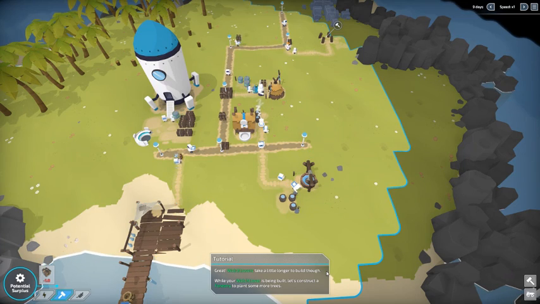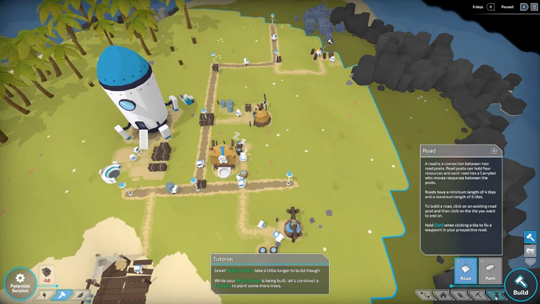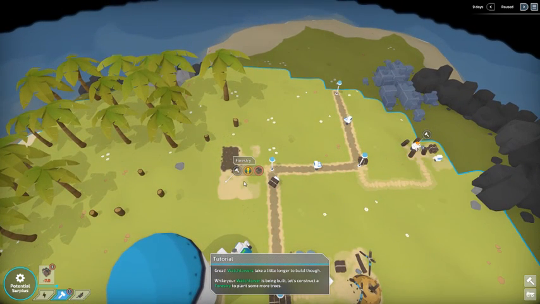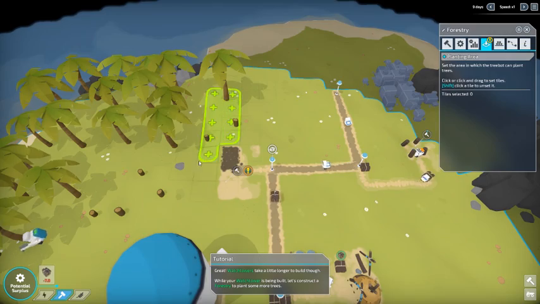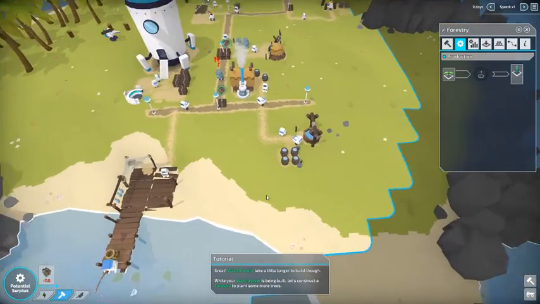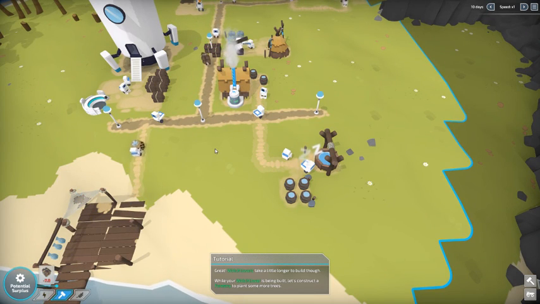And a colony created the first. So now, while I'm waiting for that, it wants me to create a forestry, which is a good idea. So the forestry has no purpose other than to basically supply the lumberjack with that. So things have obviously slowed down because of that, and a lot of resources are just going to